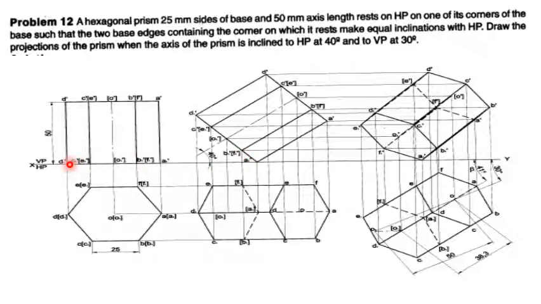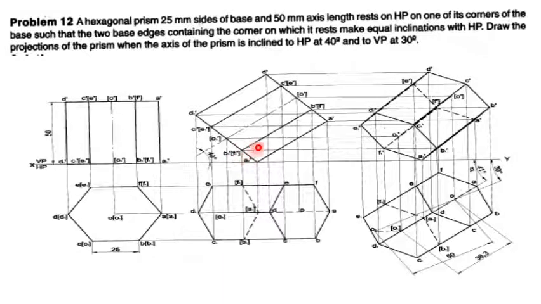Then A1 to D1, you measure that length with a compass, and from A1 for the 50 degree angle, for the A1 D1 length, draw one line. Once you get the location of D1 dash and A dash, using the compass, measure D1 to D length and cut the arc. A dash to D dash, that length you cut the arc, and you will get the location of D dash. Complete this rectangle.